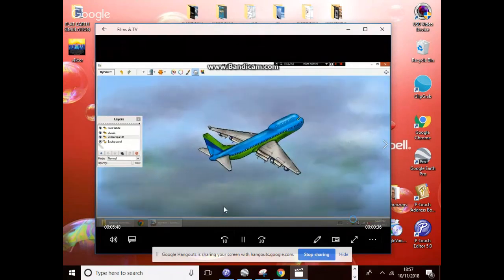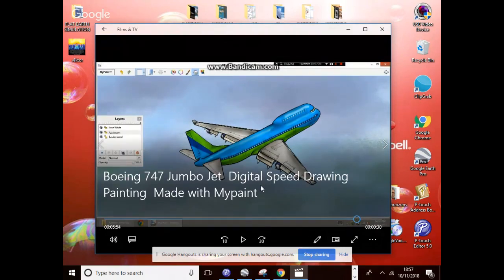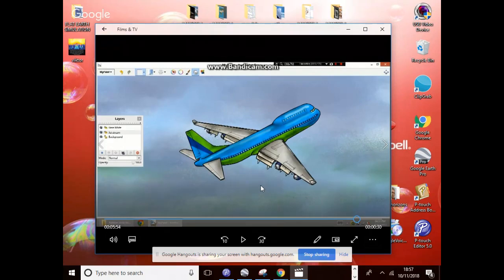Okay, so there you've got the jumbo jet, and as you can see, the engines are virtually entirely under the wings. You can also look at how to draw a jumbo jet in some later videos. That's from YouTube, and you've got the one sticking out the front.